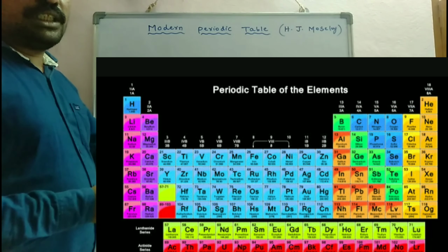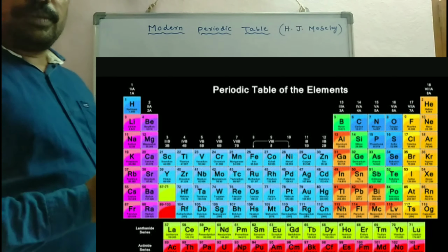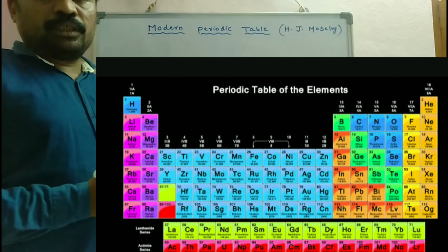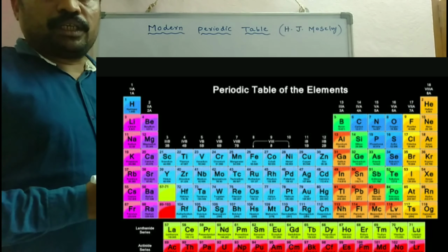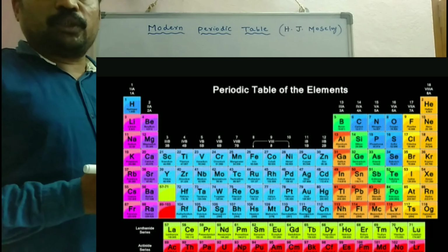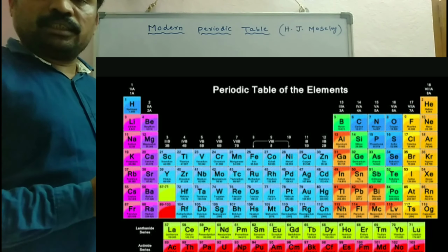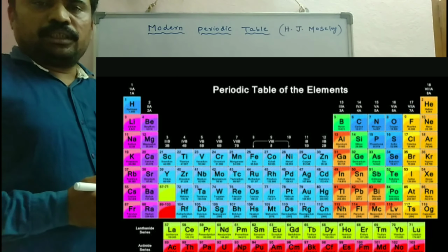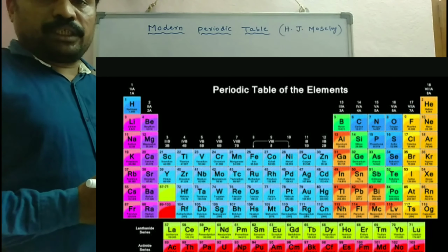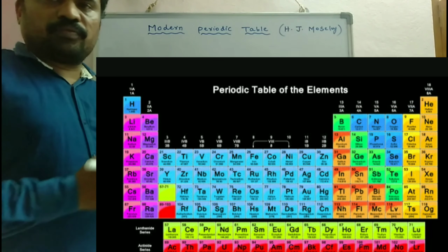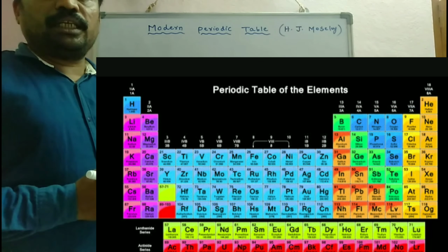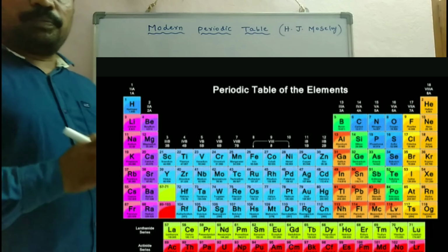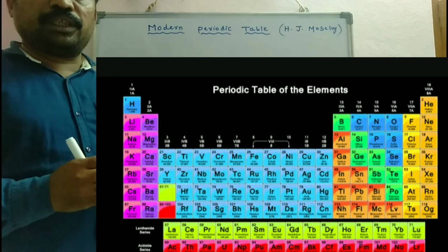And if you see the sixth period, in the sixth period you are having a small break in the middle of the atomic number. So once you check it properly, it has a total of 32 elements. How many elements does it have? 32 elements. Hence it is called the longest period. And if you see the last period of the periodic table, it is an incomplete period. So in total, in the periodic table we can see 7 periods.